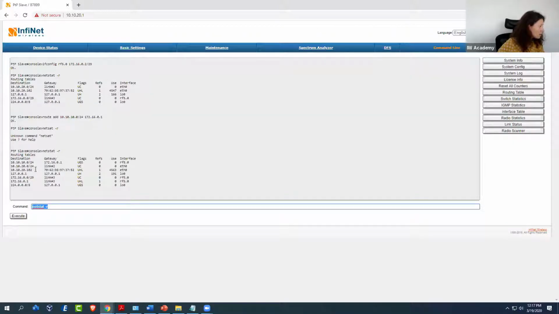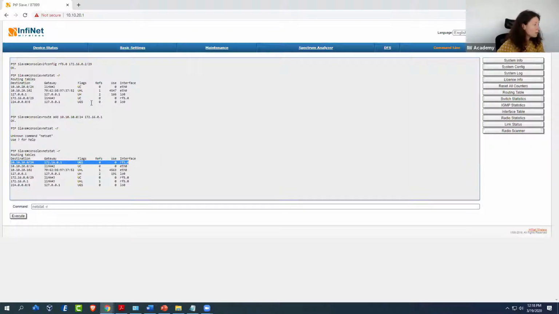As you can see, now we have information about this network that is directly connected to the master unit. And it tells us through which interface each packet will exit, which is the RF interface. So this is all we have to do on the slave unit in order to configure static routing.